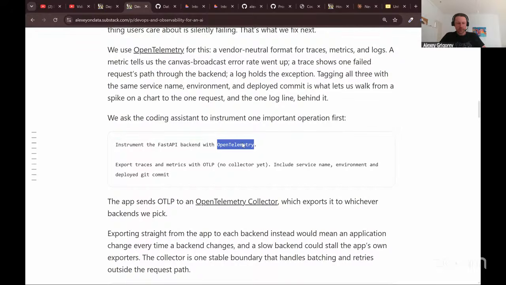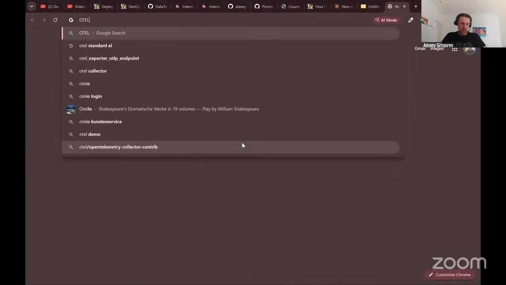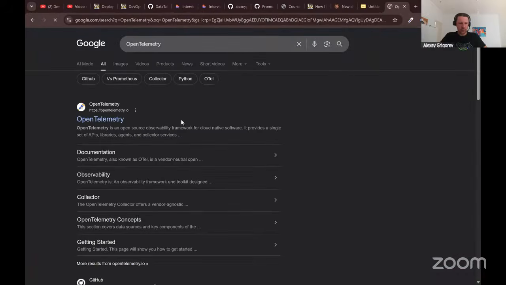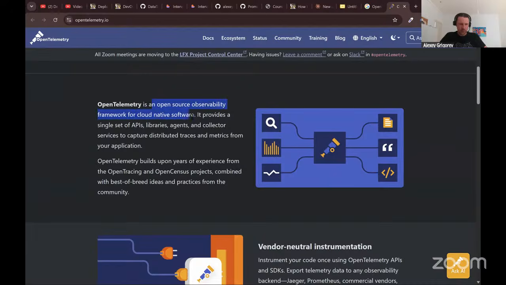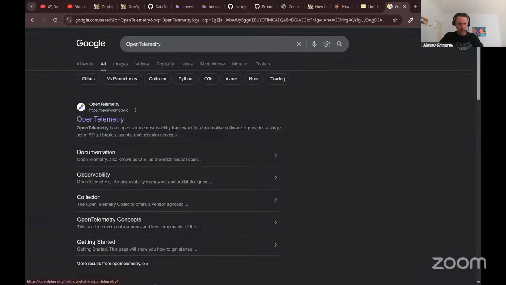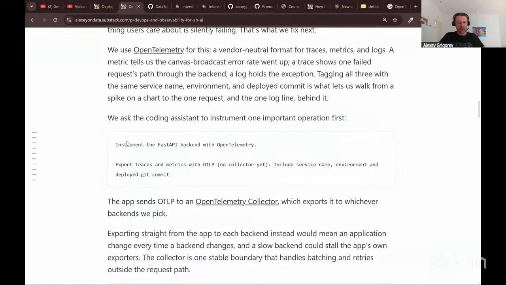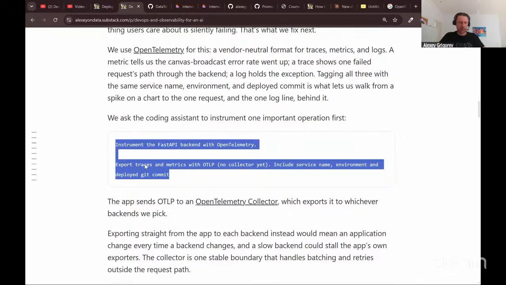So OpenTelemetry, or OTel for short, is a standard for collecting. Yeah, we can see that OpenTelemetry is an open source observability framework for cloud native software. Well, basically, it's a thing for knowing what is happening in your application, right? So this is the standard, and traces, yeah, we can read more about this. But basically, this is what we want to collect, right? So traces,